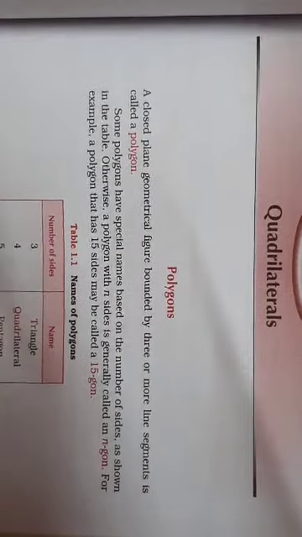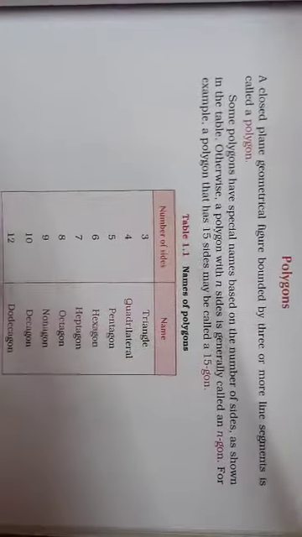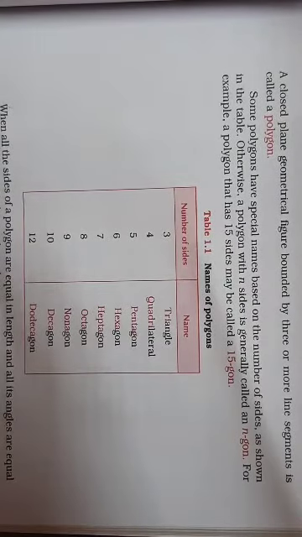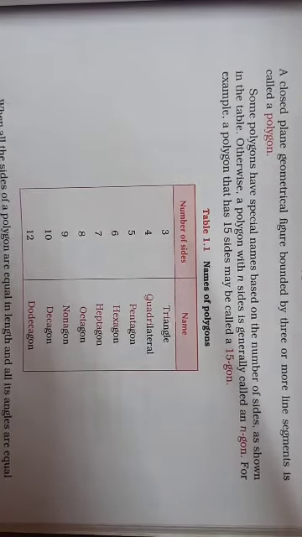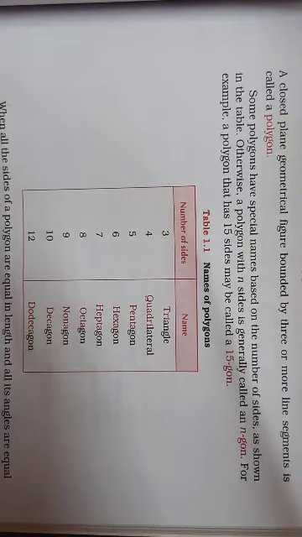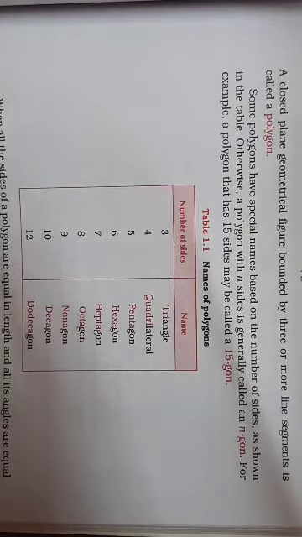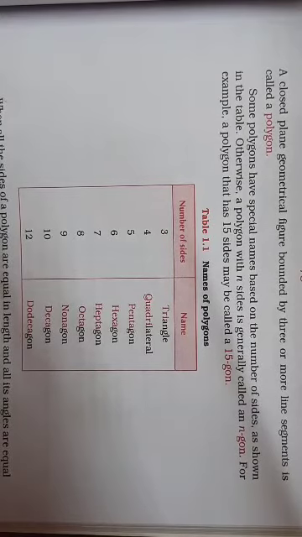Now if you see in the textbook, there is a table given, where the number of sides are given and accordingly the name is given. When the number of sides are 3, the polygon is called a triangle. Remember, a triangle is a 3-sided closed figure. It is a polygon of 3 sides. Then when the sides are 4, the figure is called a quadrilateral. So the chapter on quadrilaterals is talking about a plane figure which has 4 sides and is a closed figure. This is what we have to do in this chapter.